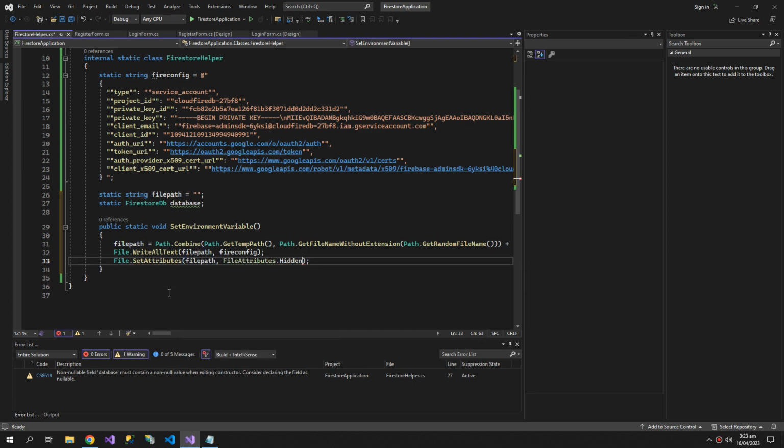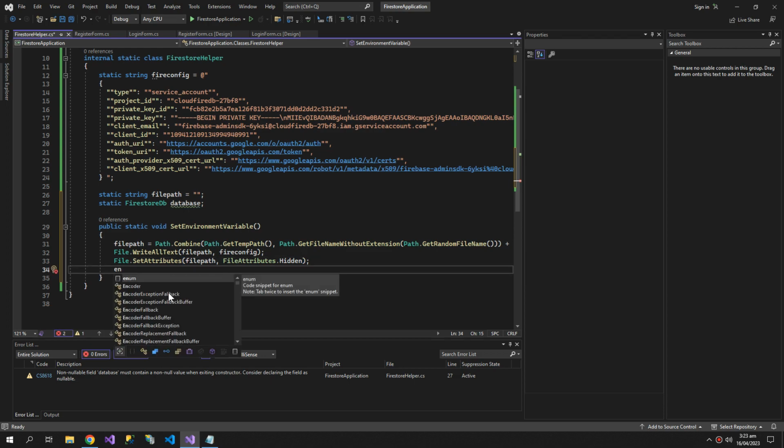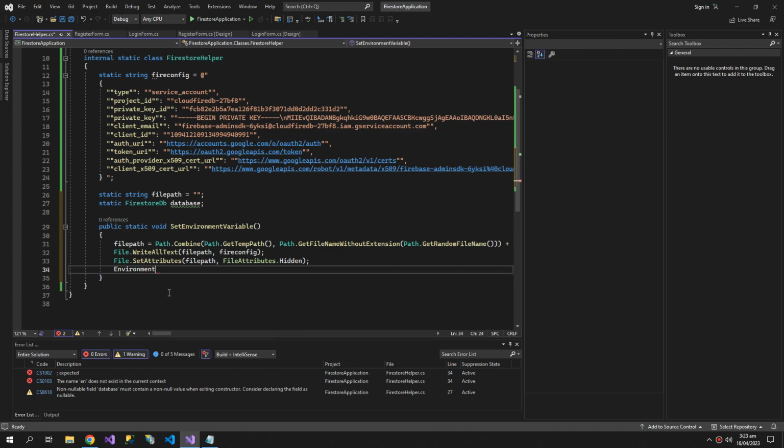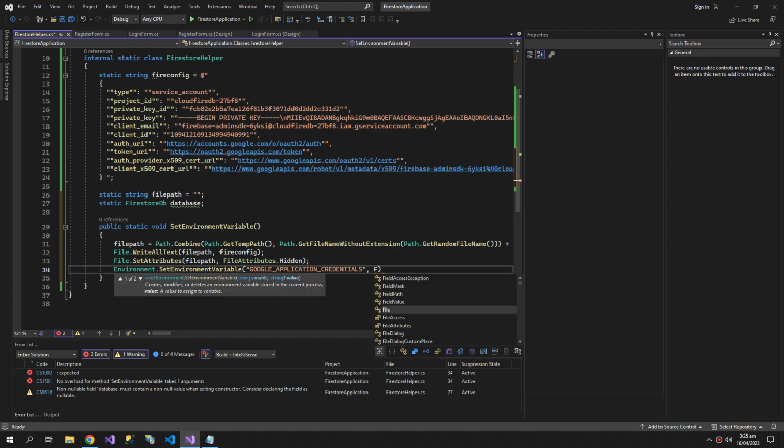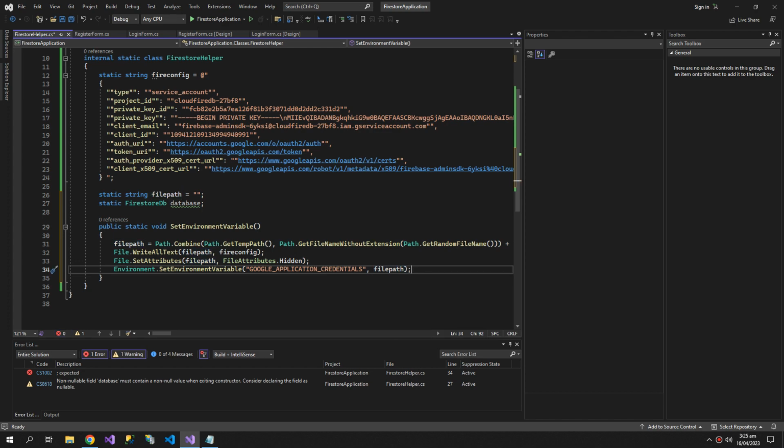So the file would be hidden, and then I will set the environment variable. So this is defined in the Firebase official documentation, but it's not clear how to define an environment variable in C#. So the documentation sucks. We will give the file path, and then